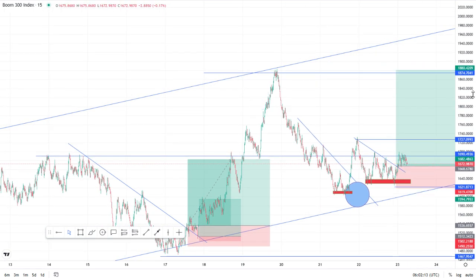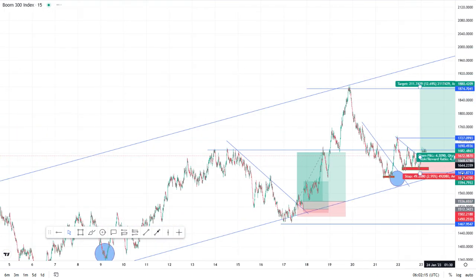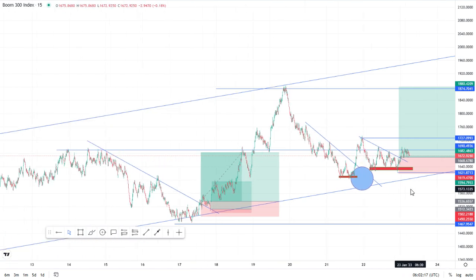So I only use 4 hours when I want to enter with candlestick, which I said I'm going to share